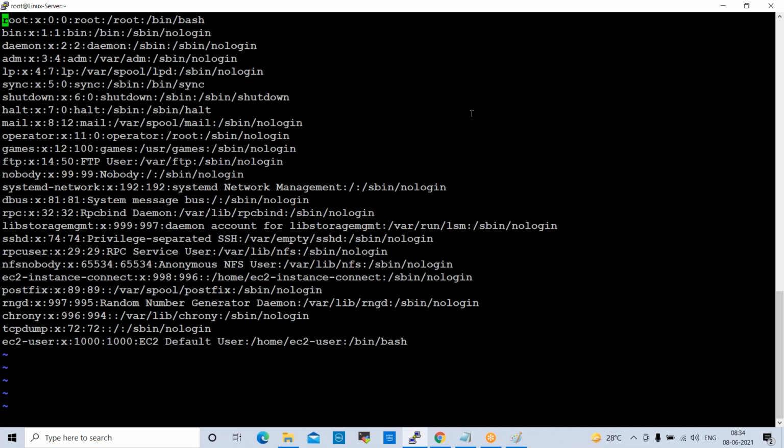So now we are in command mode. When we log in to the file, the first mode is command mode, right? For example, our cursor is here. If you want to move to the beginning of the page, small gg.